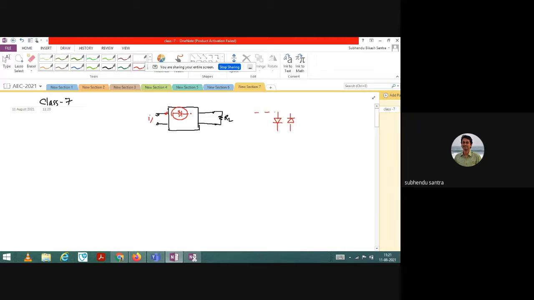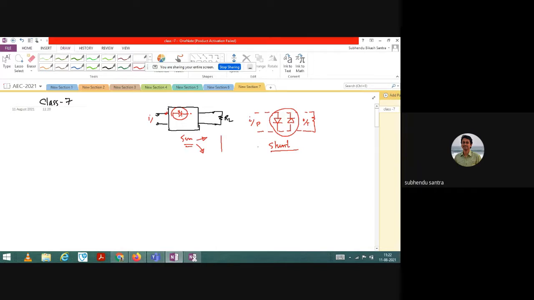But if the diode is connected in parallel with respect to input and output, let us say this is the input port IP and this is the output port OP, whatever direction it may be, it is called shunt. And the other is series. In the series, I already explained series positive clipper and series negative clipper, with biasing effect. Everything I have discussed is related to the series circuit.